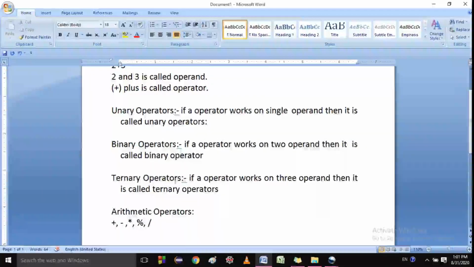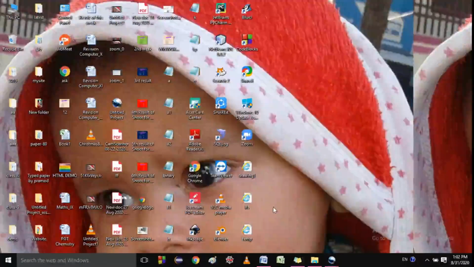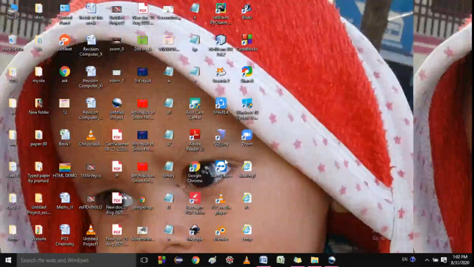Let me explain modulo. Suppose you are dividing a number by another number. If the divisor is 2 and the dividend is 5, how much remainder will you get? You will get remainder 1, and the quotient will be 2. That remainder we get by this operator, called the modulo operator. Let me write some programs which will clear up everything about arithmetic operators.